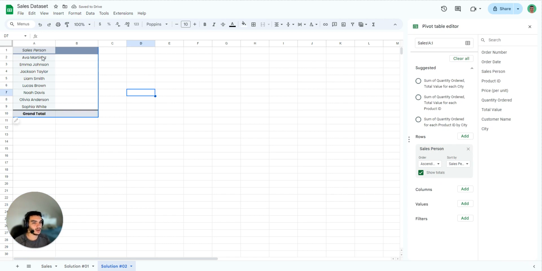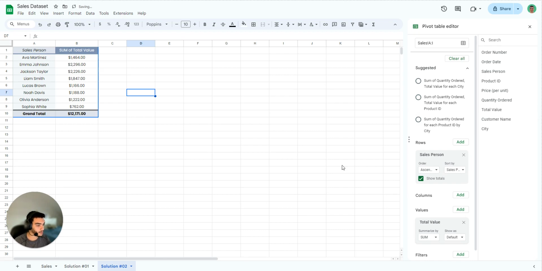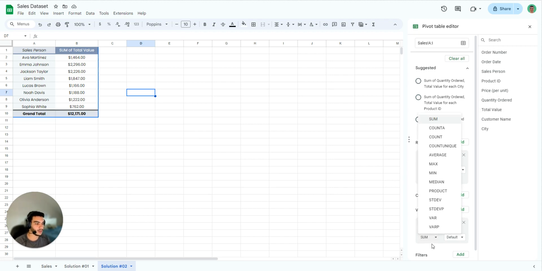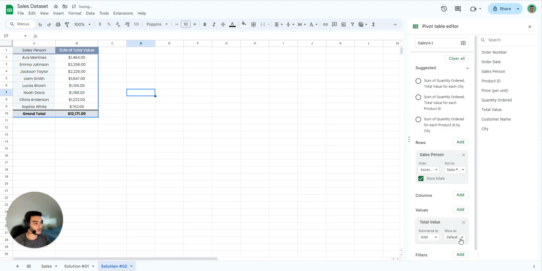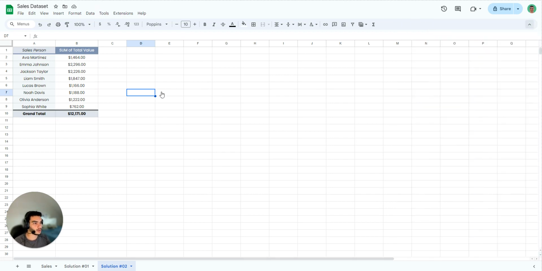Perfect. So now that we have listed all the salespersons, inside the values, what we want to have is the total value. So let's drag and drop the total value here to the values, as you can see. And here, by default, Google Sheets is saying, okay, you want me to put the total value inside the values? By default, I will use the sum function. You can change the function if you want here based on the need, but in our example, indeed, we need to sum the values, okay? So, perfect. Now we can close this tab, and as you can see here, for each salesperson, now we have